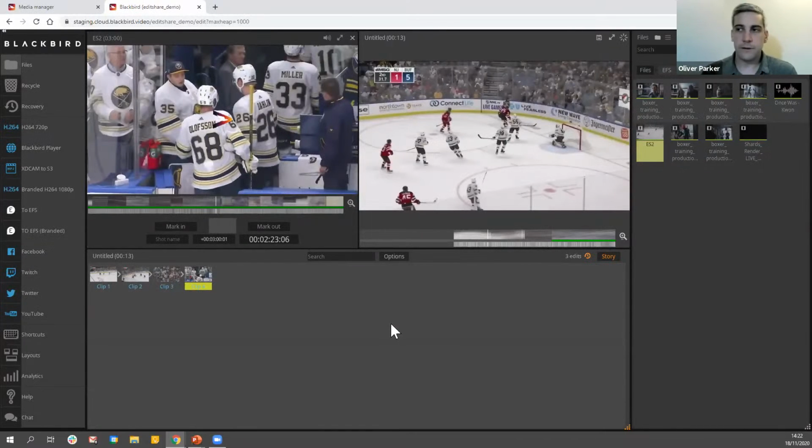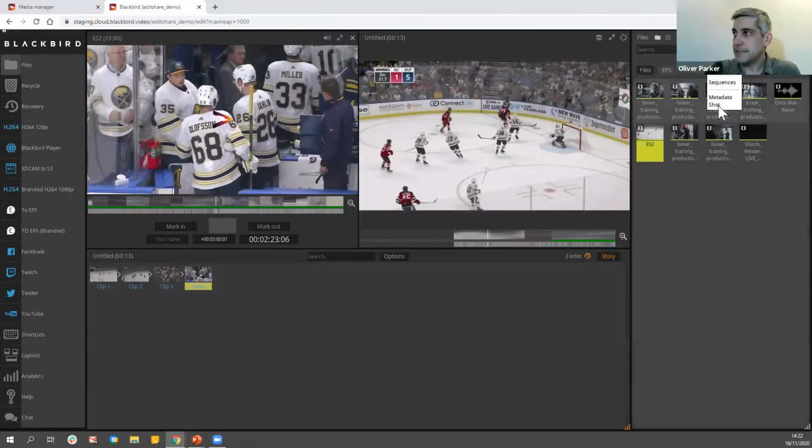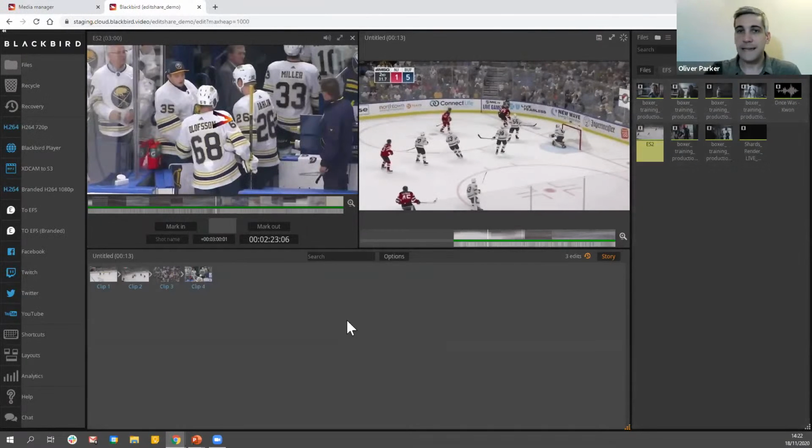Now, if I'm happy with the sequence, again, it's a simple drag and drop to publish that. But the view I'm working in now is also used quite a lot for collaborative workflows. So you may have multiple users working in a project within Flow. Those same users can come and collaborate on pieces of content in Blackbird as well. And often this is an editorial user or somebody on a production team who is searching, using the built-in metadata in the platform, making selections of content, building these sequences up for another user in a completely different location to then log in and finish.